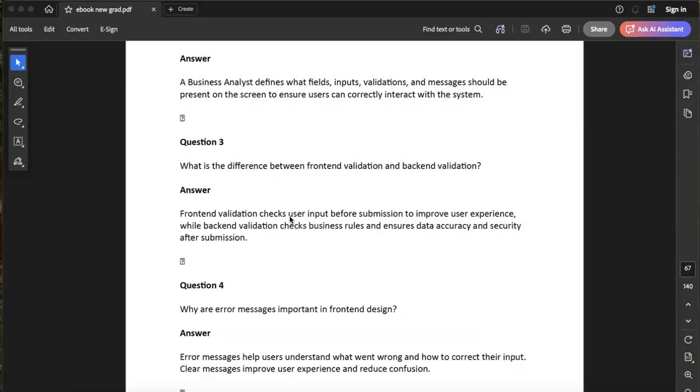For the front end, let's say you are running a shop, where customers can only buy items if their age is greater than 21, right? So we have to collect the date of birth there,